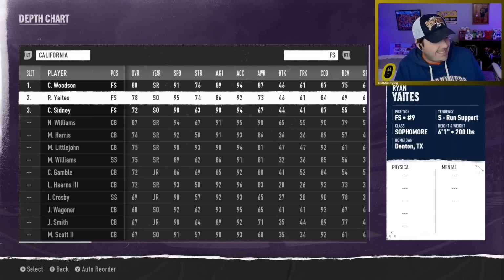And Ryan Yates, 78 overall, 95 speed, free safety, 6'1". My goodness. Now, he had no real stats to speak of, so we can't assume he's going to get any abilities or really get much of an upgrade year over year, but we don't need him to. So, I mean, you'll have options of what you want to do at safety. Yates could 100% be one of your sub linebackers with Elam Zor. You could put him up top. You could have Clark come down and be a sub linebacker, or you could just play 3 free safeties, because